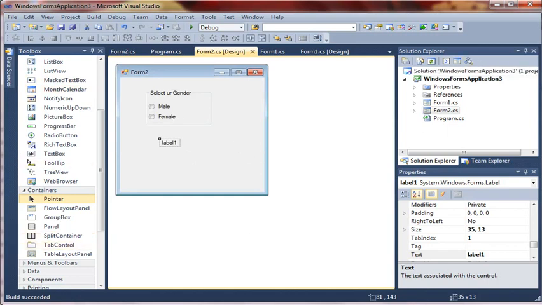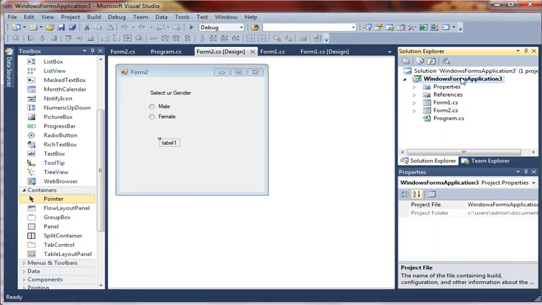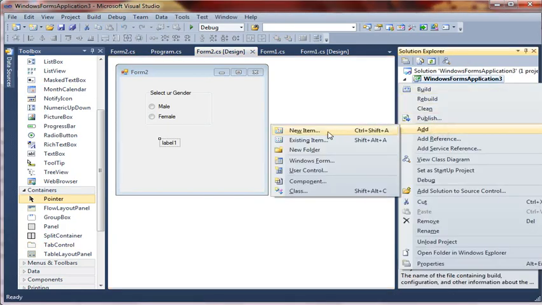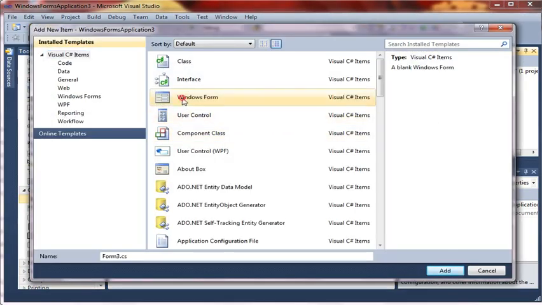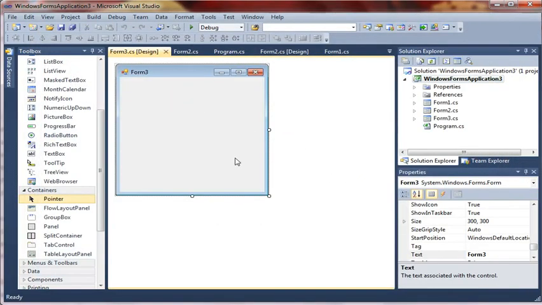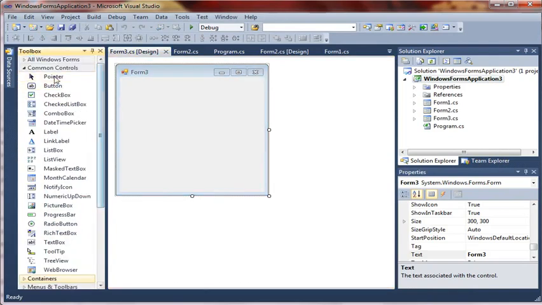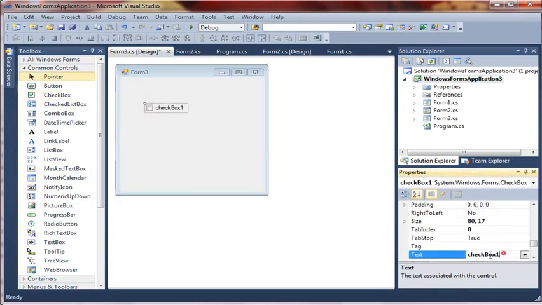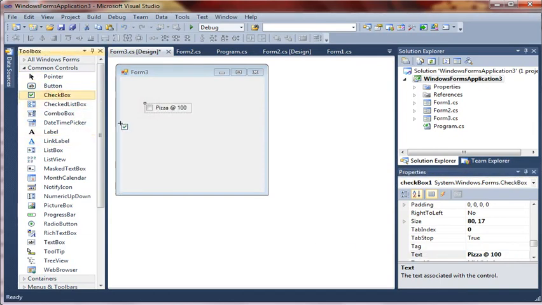Okay. Next, let's try for checkbox. So I'm taking here one more form, right clicking, adding new item, Windows form. Let's try for checkbox. So checkbox, you can search from the control itself. Yes, checkbox. So taking here, you can specify here, suppose say pizza. I'm taking some multiple choices. So pizza at 100 rupees. So next, suppose let's take